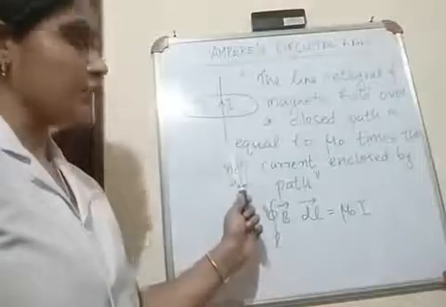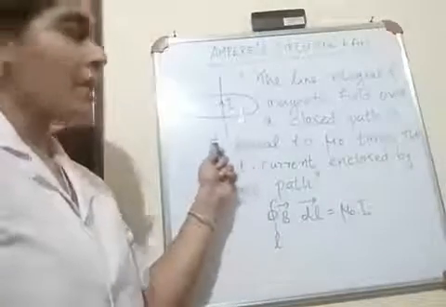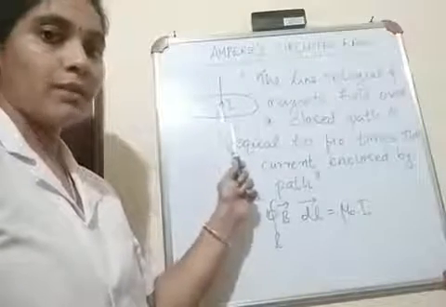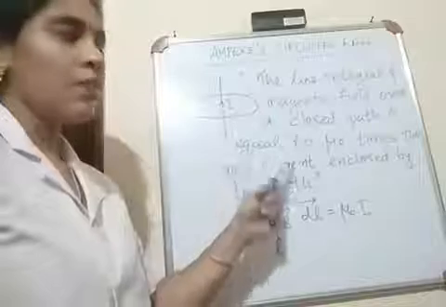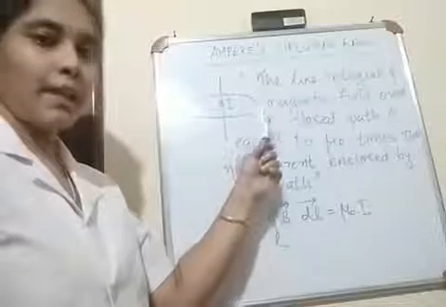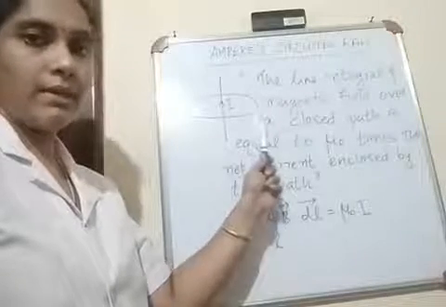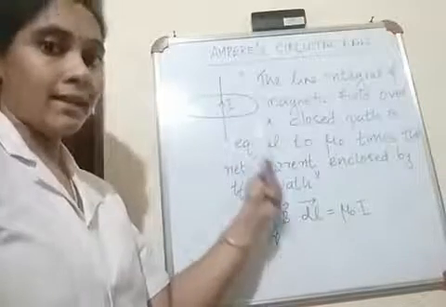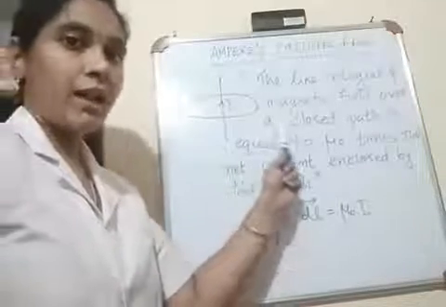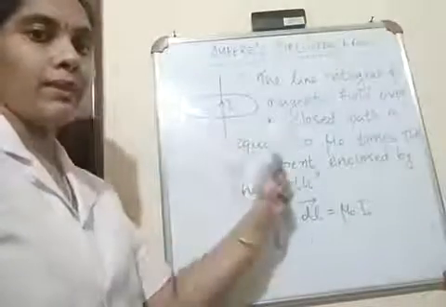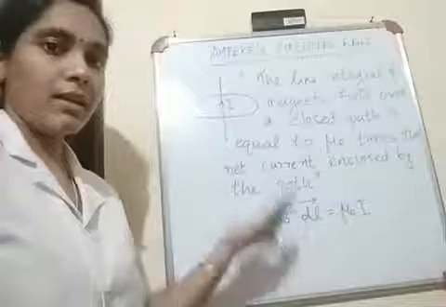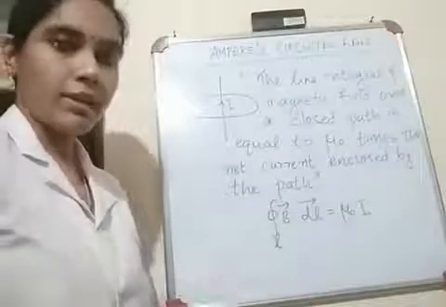There is a conductor which carries a current I, and this conductor behaves like a magnet and produces a magnetic field surrounding it. So if we consider a point P anywhere around this conductor, if we want to find out the magnetic field at that point P, we should consider a closed path enclosing that point P. And we will discuss the same thing in our coming sessions.